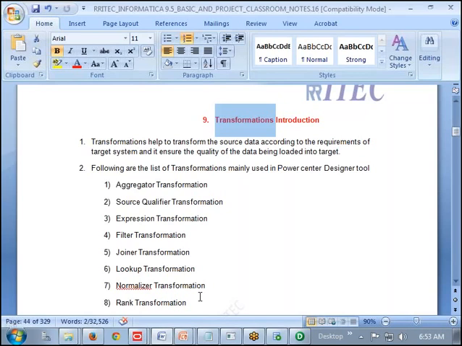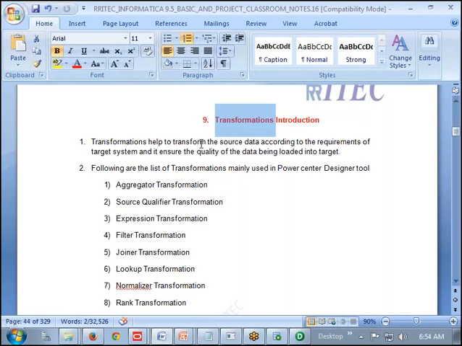Or we have, let us say, 1000 records available in the source. Out of it I want only 100 records, by the condition department number equal to 10. That is also called transformation. We are converting 1000 records into 100 records. Let us say the data is available day wise, what money I got. I am trying to convert that into month wise, what amount we have. That is also called transformation. So any way we are converting one form of data into another form of data, it is called transformation.